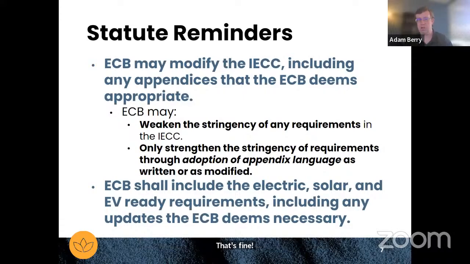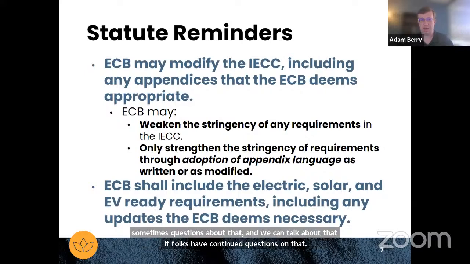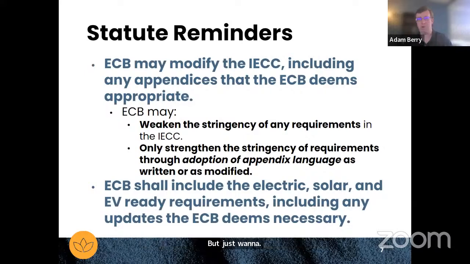I know there are often questions about what jurisdictions are allowed to do when adopting, which we can go into more if folks have continued questions. But I want to remind everybody that we cannot just go in and prescriptively update one of the prescriptive requirements and require a stronger metric or a stronger requirement to be in effect. But if there are appendices that address those issues, we can use those to strengthen the base code. So hopefully that answers everybody's questions in regard to that.